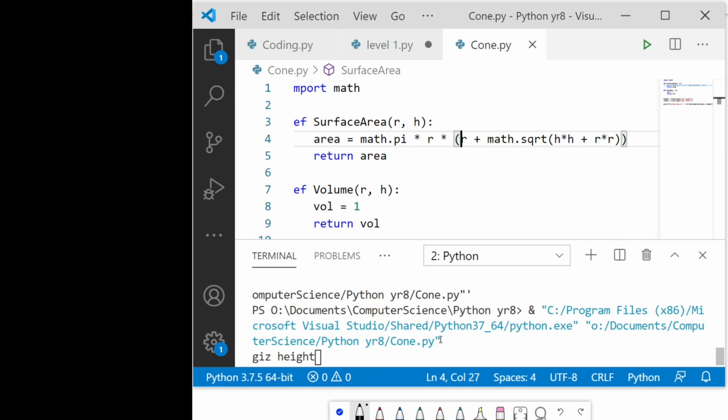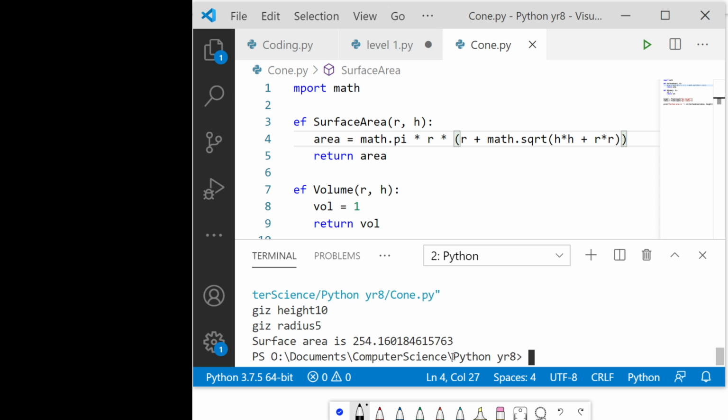Oh no, I wasn't looking at the screen properly. Right, so I put in a height of 10 and a radius of 5, and I get the answer 254.160184615763. How do I know that's right? I need to actually do it myself, don't I? But because we've got a computer, let's see if there is a